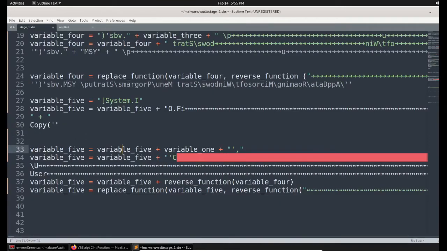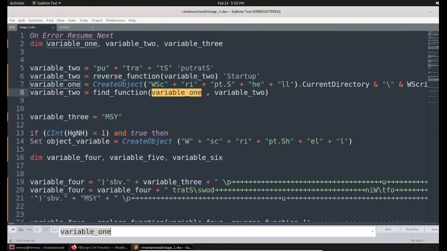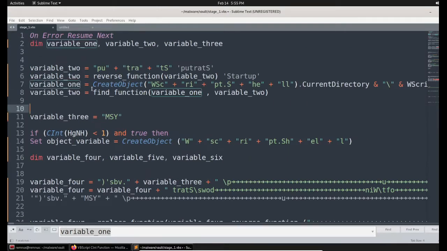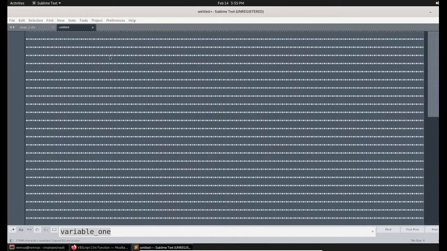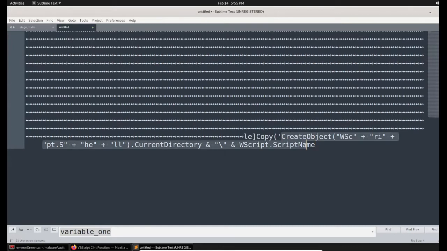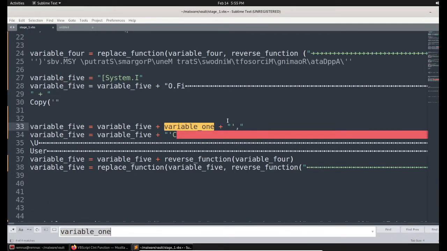Now let's see what the operation here is. This particular variable 5 value needs to be concatenated with variable 1. What is variable 1? It's currently holding this straightforward defined value. So they are simply concatenating this particular value here, and after that, they're concatenating it with a single quote and comma.